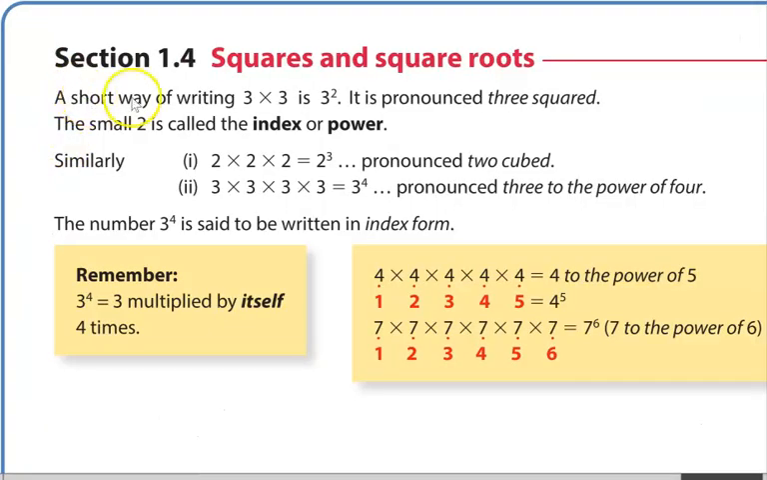So again, a short way of writing 3 times 3 is 3 squared. It is pronounced 3 squared, or 3 to the power of 2. The small 2 is called the index or the power. Similarly,